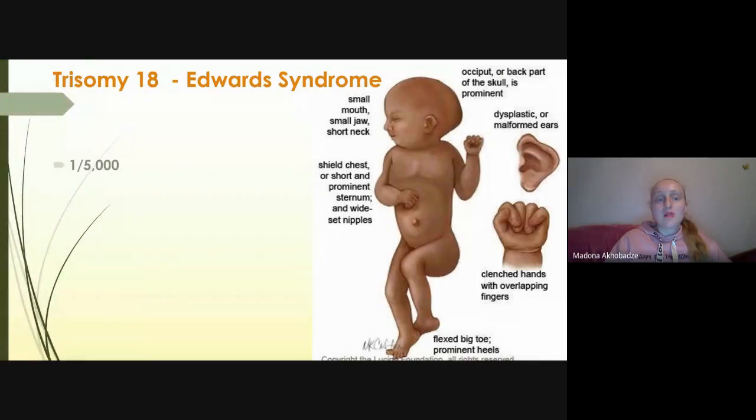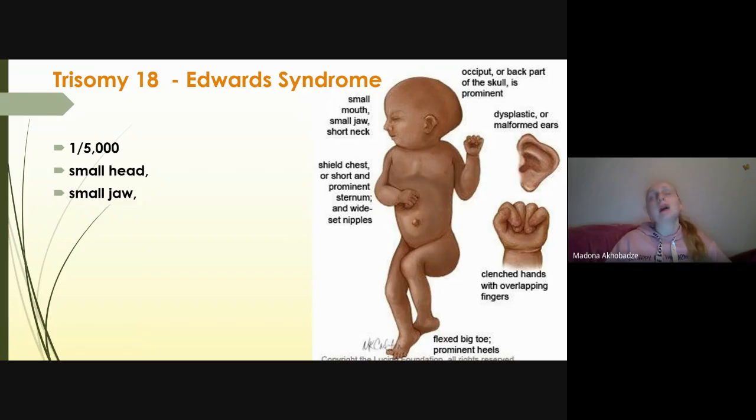So, it's rarer than Down syndrome. Down syndrome was 1 in 1,550 cases if the mother is 20, and 1 in 125 if the mother is more than 45, and 1 in 5,000 we've got Edwards syndrome. So it's the trisomy. So we've got 18 chromosome triplication, and the patients usually have a small head, they have a small